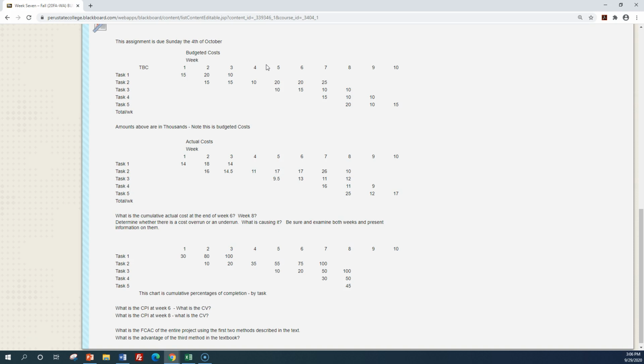You know the budgeted cost for weeks 9 and 10. So we can figure out the entire budget for the project. You can pull this, so this is your actual cost, but you need to calculate it not knowing weeks 9 and 10. That's probably a little more complicated than I intended, and I can just pull those numbers out if it makes sense. I just wanted to give you a value so you could see if what you're doing seems to fit that model, and then we can talk about the actual cost versus our predicted cost, because you're going to have two different methods to calculate FCAC. One of them uses CPI and should be fairly consistent, I think, with this one.